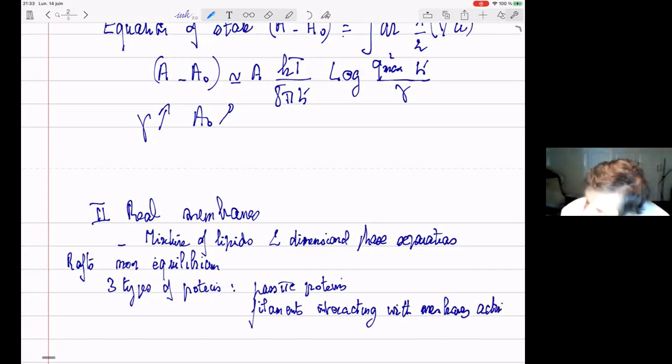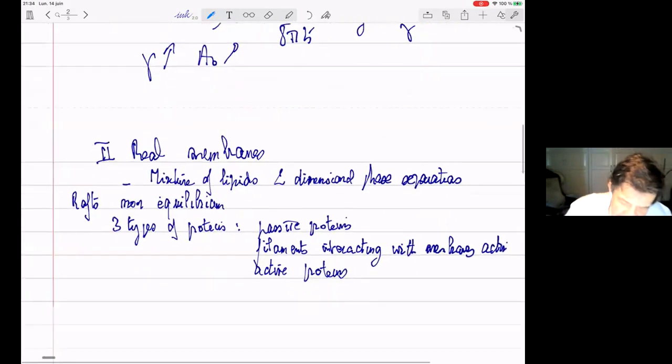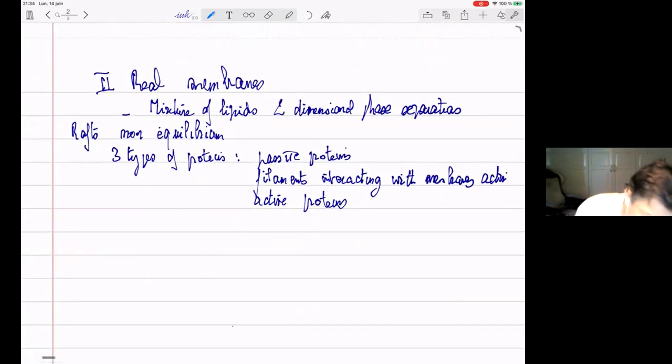And the third thing that I want to discuss is what I will call active proteins. These are proteins that consume ATP, which means that they hydrolyze ATP into ADP, and then use this chemical energy to exert a function. If there are active proteins in a membrane, it means that there is a flux of energy into the membrane and that the membrane is not at thermodynamic equilibrium. So my statistical physics description is certainly not true for these active membranes. So let me start with passive proteins.